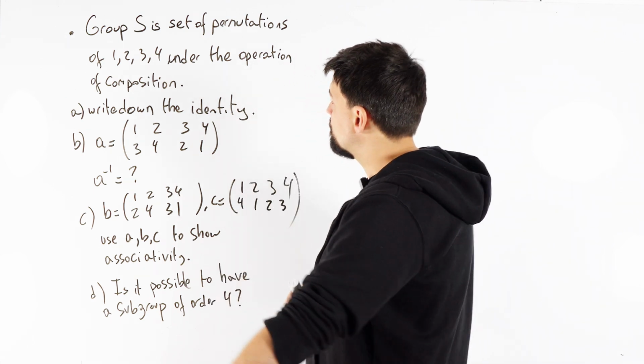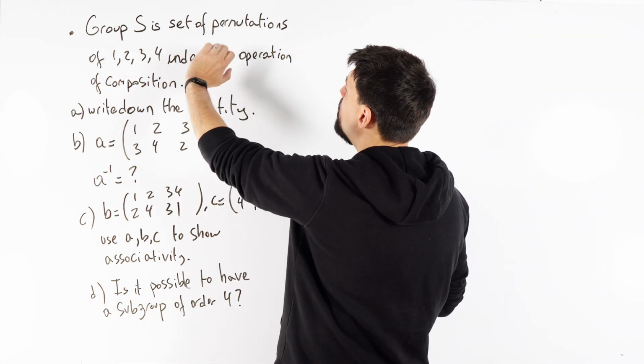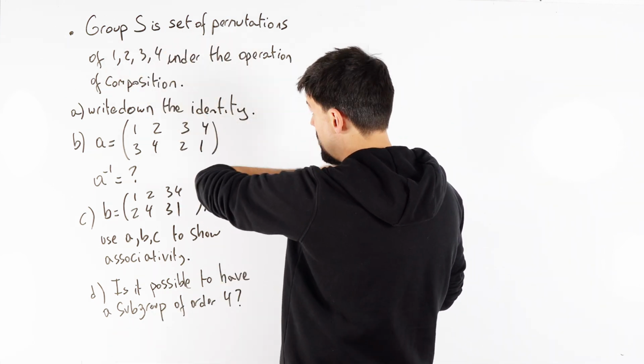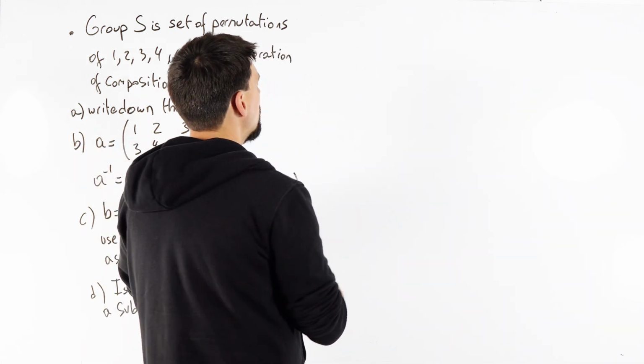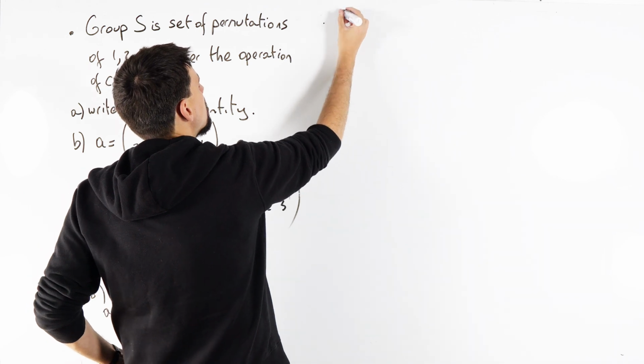Group theory, what do we got? Group S is formed of the set of permutations of 1, 2, 3, 4 under the operation of composition. Now, before we get going, let's just understand what that means. It means, for example, we're going